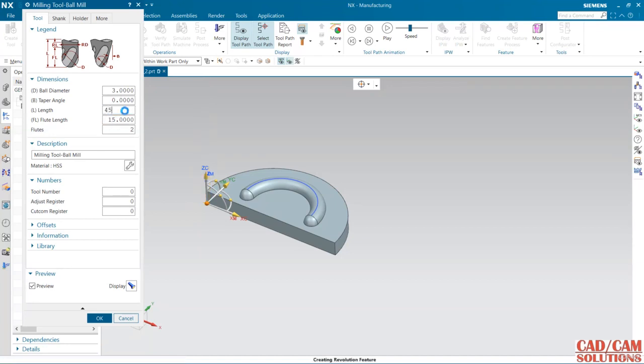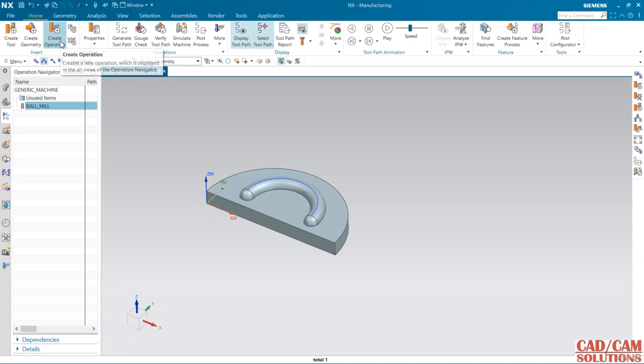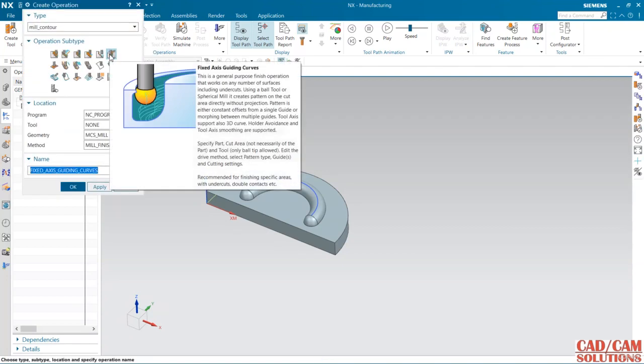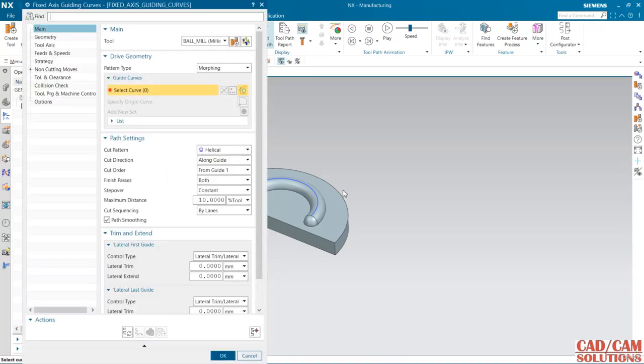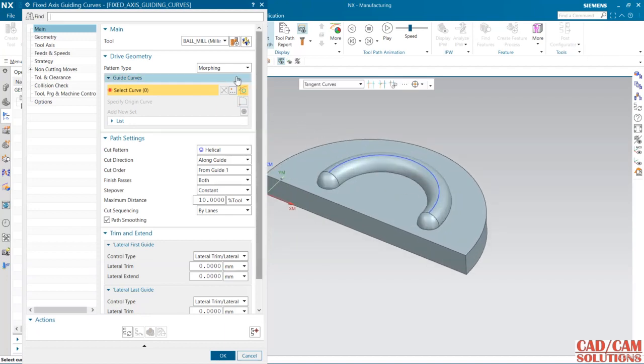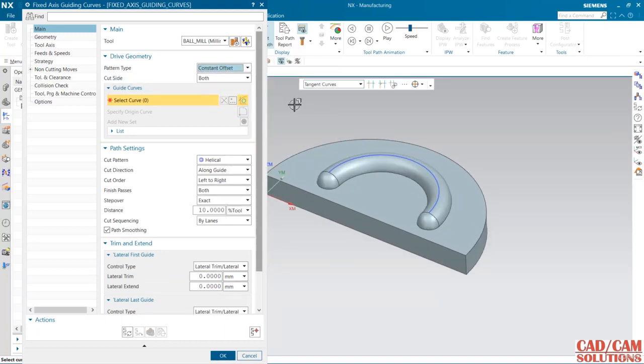Okay, tool number. So from create operation, select this tool, operation fixed axis guiding curve, and my program location is program, tool is ball mill, workpiece is my geometry, and my method is finish. So first I'm going to use constant offset, then I will tell you the difference between racetrack and the constant offset. So my guide is this, and